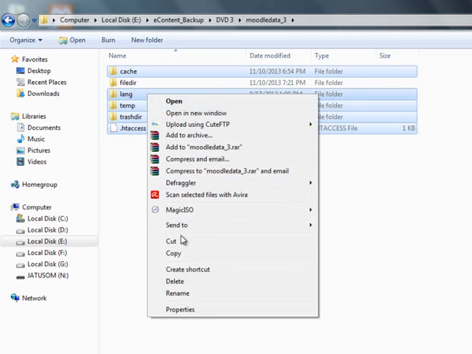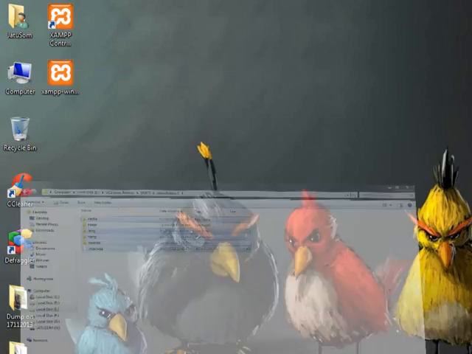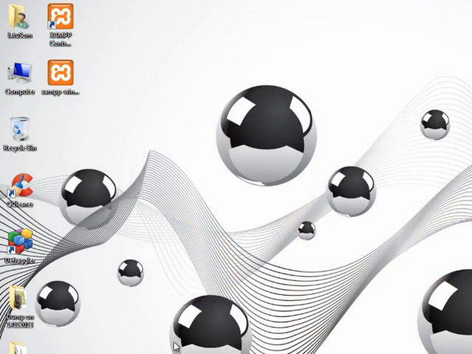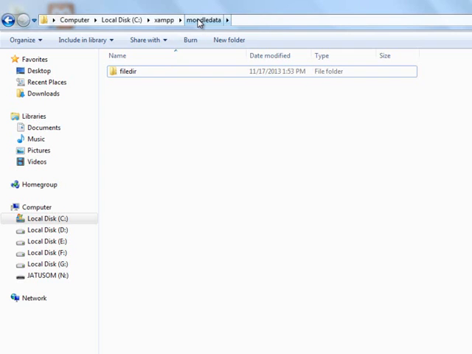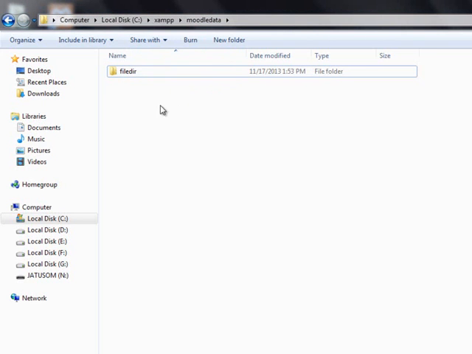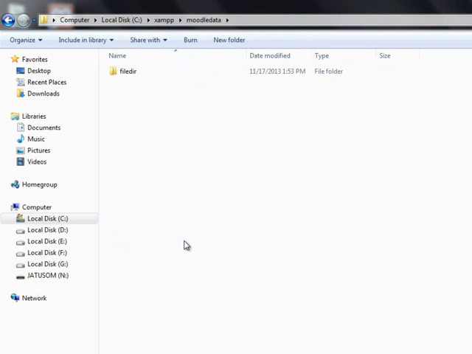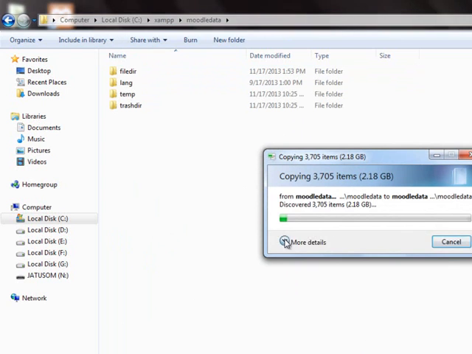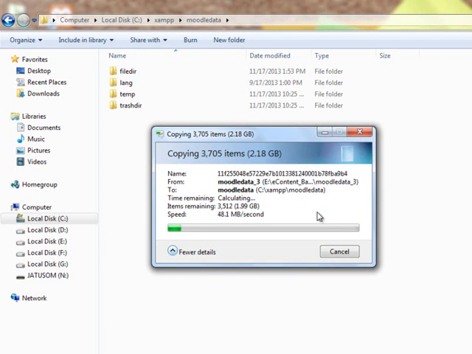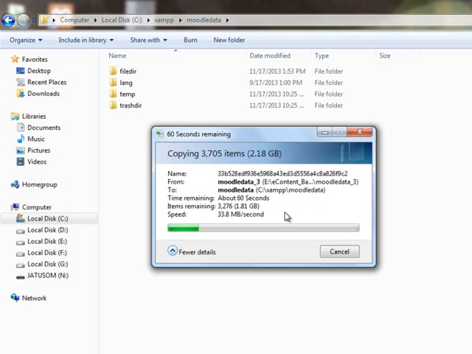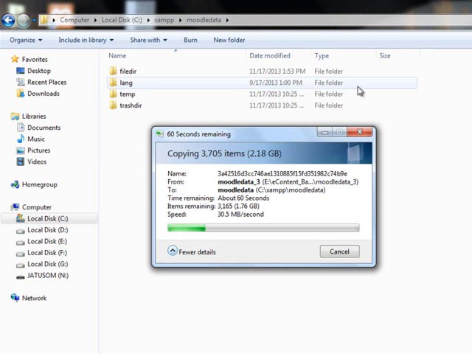Just copy, okay, and put all these directories and files under the Moodle data directory, instead of filedir. Don't select filedir, you select simply XAMPP, then Moodle data, and simply paste all the files and directories. Okay, so it's copying all the data. Okay, meanwhile the data is being copied,